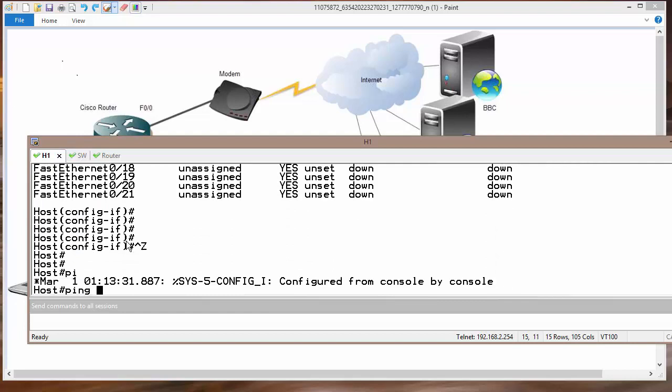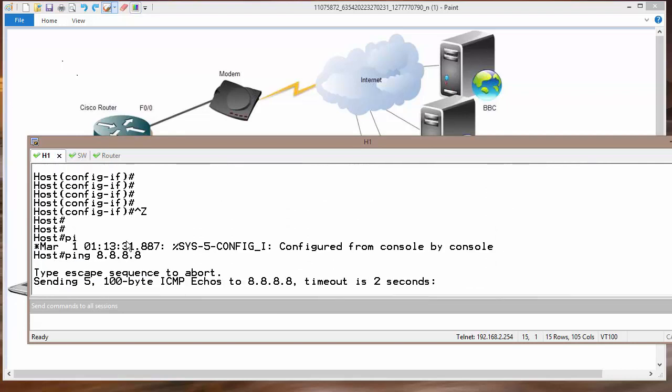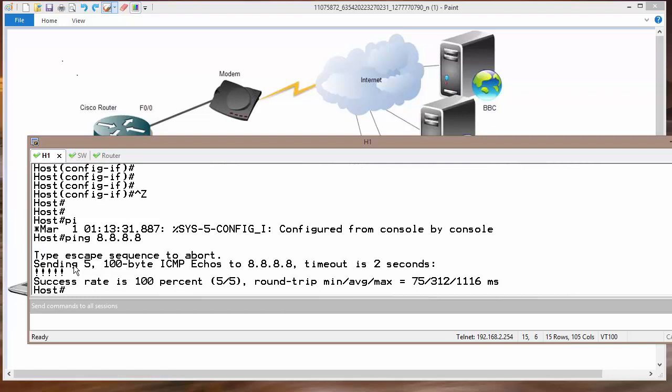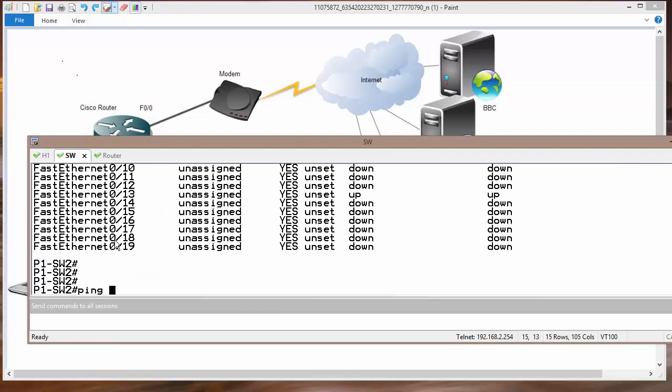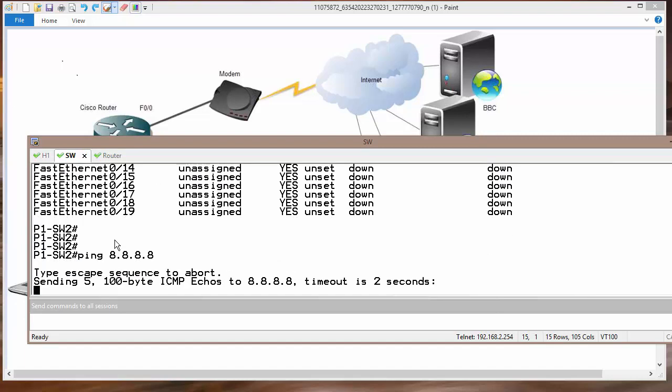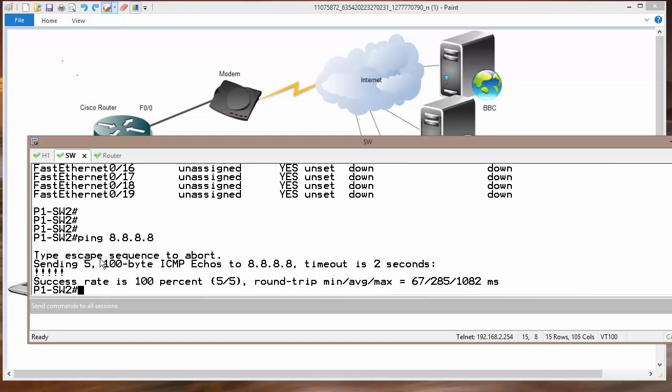We would like to ping 8.8.8.8. As we can see, we have connectivity to the internet. Likewise on this router, 8.8.8.8. There we go. You can ping a particular host name like google.com.